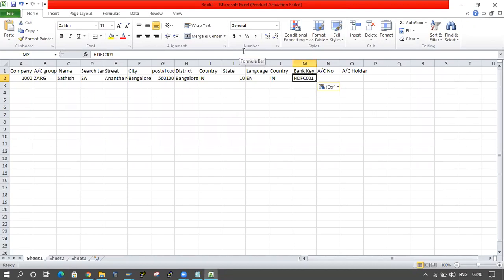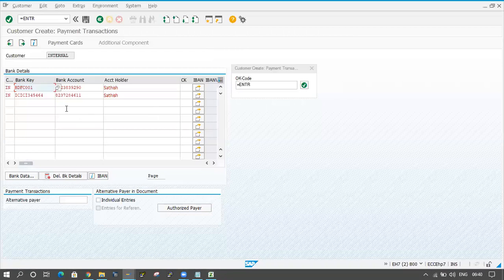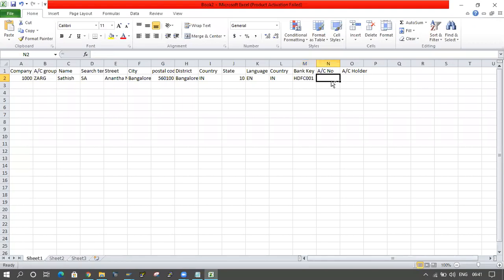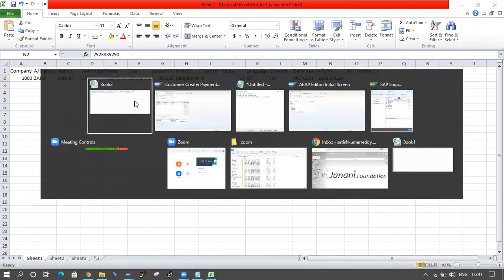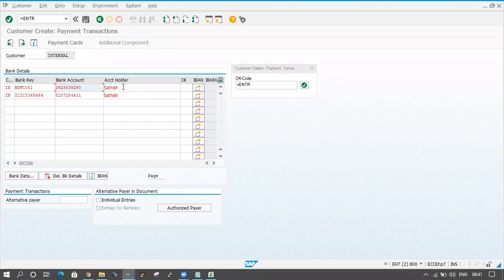Whenever we are entering data in the Excel sheet, you have to check whether that record is available or not at the table level. If you are giving a bank key, we have to check whether the bank key is available in our tables.